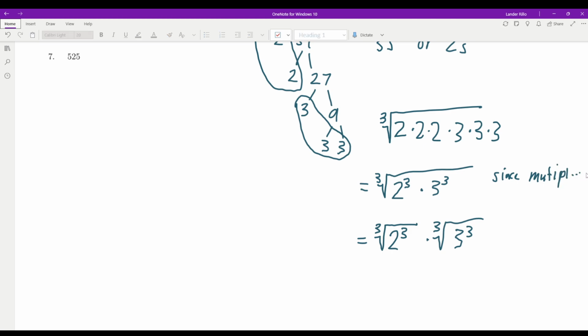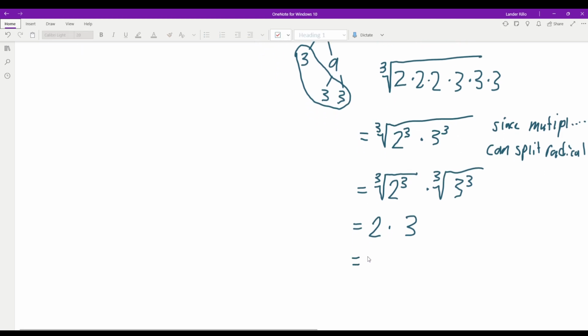And now these cancel out. These cancel out because it's a cube root of a cube, and it's a cube root of a cube as well for this one. So that would just be 2 times 3,